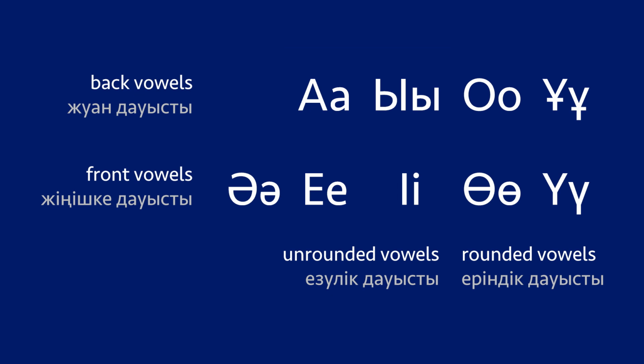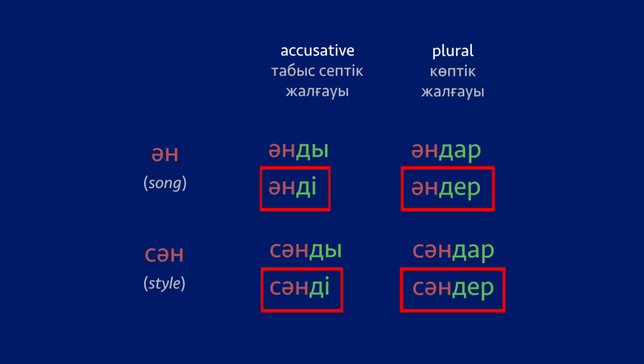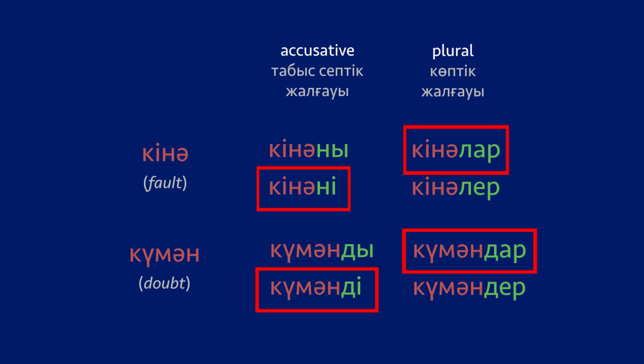However, there is one thing to keep in mind. Sometimes a does appear in the final syllable of the word, and it has special rules for suffixation. When a is the only vowel in the word, the suffix is always front vowel. But it isn't so when a is found in the non-initial final syllable of the word. For example, take the words kna and kuman. If the vowel in the suffix has to be chosen between and it's going to be the front vowel knane, kumande. If the vowel in the suffix has to be chosen between a and ye, it's going to be the back vowel a, knalar, kumandar.